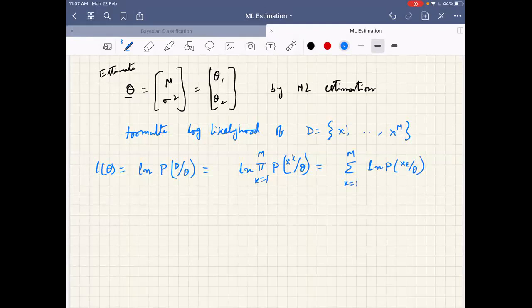And what is theta here? What is it that I want to estimate? What is theta here? Am I audible or not? Mean and variance. Yes, mean and variance. So let us expand this before I start estimating theta. Summation over k equal to 1 to m of ln of what should I write here? Can one of you help me to write this expansion?